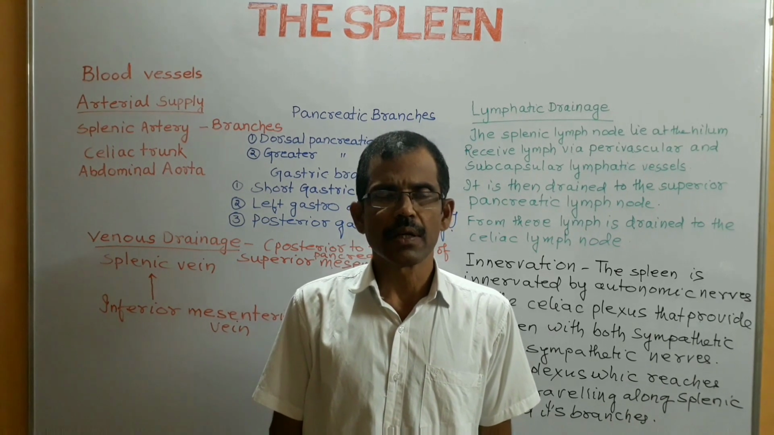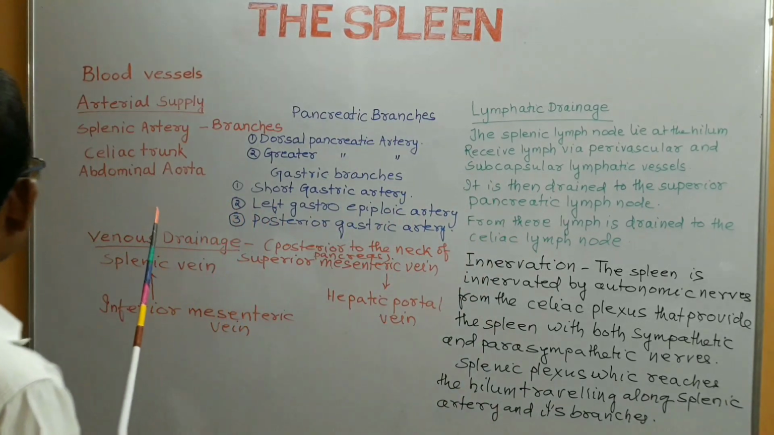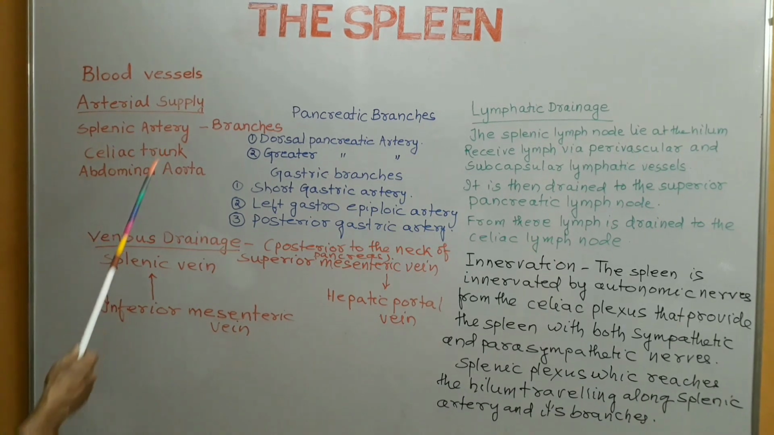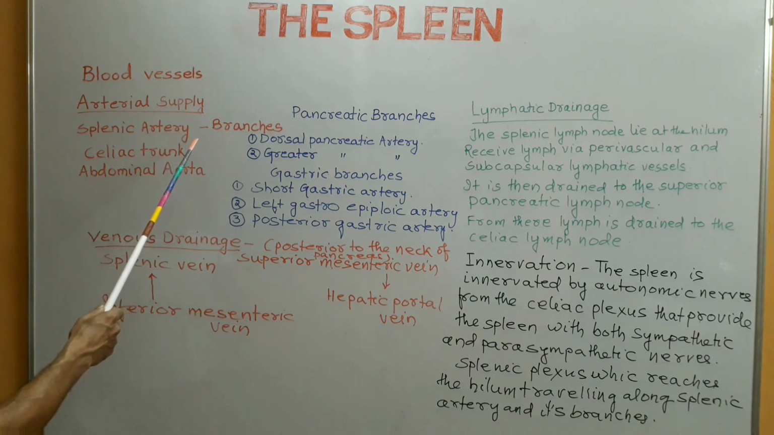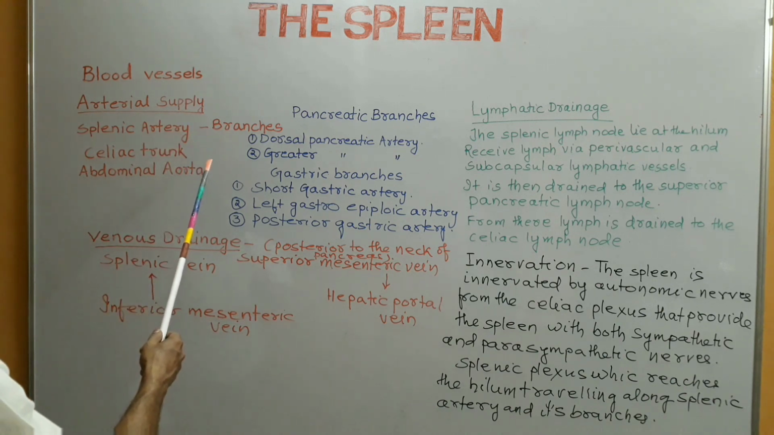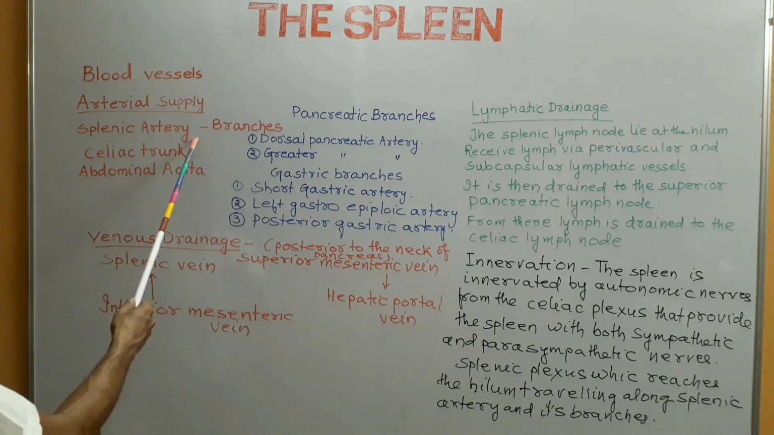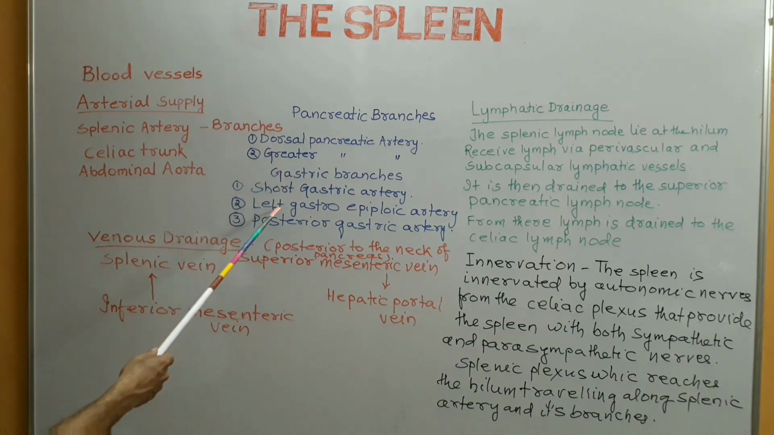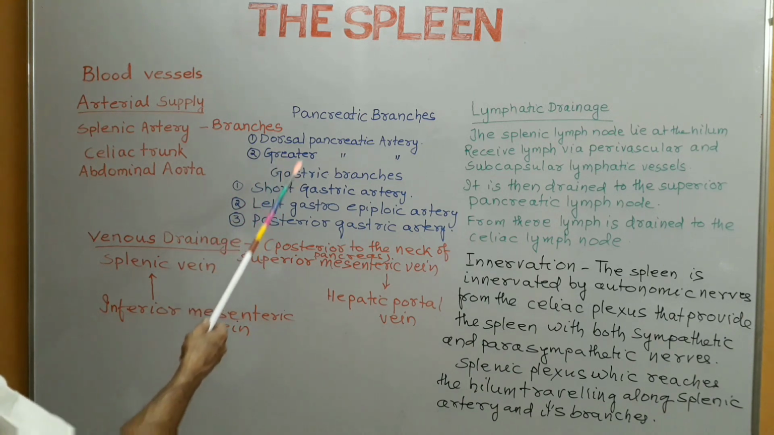Now we shall discuss the splenic blood vessels. The splenic blood vessels include splenic artery and splenic vein. The splenic artery provides arterial blood to the spleen. During its journey, the splenic artery gives rise to a number of branches that supply a large part of the